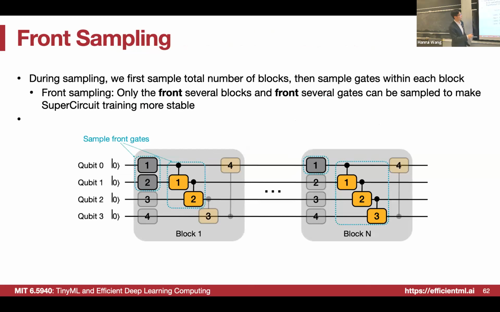And we also propose some sampling techniques to make sure the sampling is not too drastically different between those 2 steps. The first is that we just do the front sampling, which means for some layer, say if we just want to sample 2 gates in the first layer, then we always select the first 2 gates. And for this block, if we are sampling, say 3 gates, we just select the first 3 here. So we shrink the sampling design space a little bit